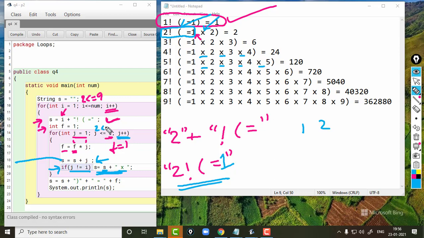The condition becomes 2 less than or equal to 2, which is true, so control comes inside. This time f is 1 and j is 2, so f will become 2.